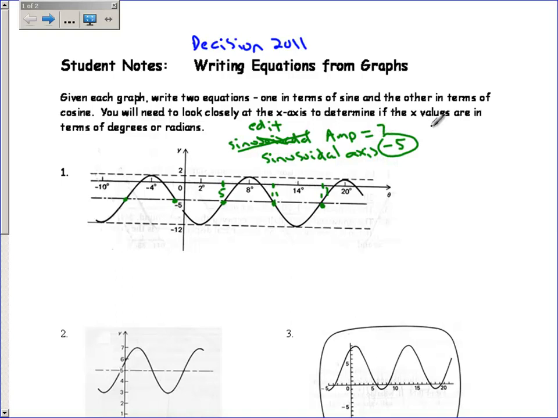Now what you're going to have to decide is, are you a negative cosine or a positive cosine? If you're a positive cosine, you're going to look and see where the graph goes up through the sinusoidal axis. So that can be here at 5, that could be out here at 17, that could be back here at negative 7, wherever. I'm going to look right here at 5. So my equation will be y equals negative 5. Sinusoidal axis doesn't matter whether you're a sine person or a cosine person. Negative 5, and then since we're going to be doing a positive sine going up through the sinusoidal axis,